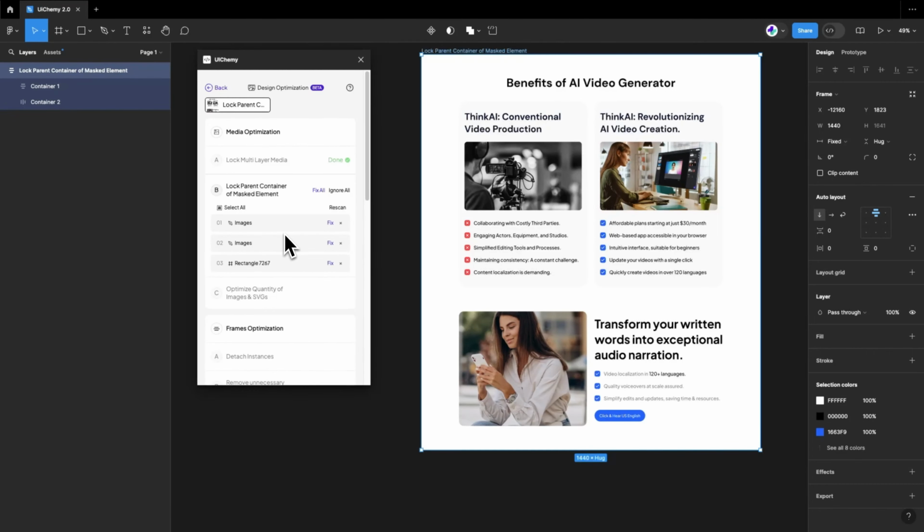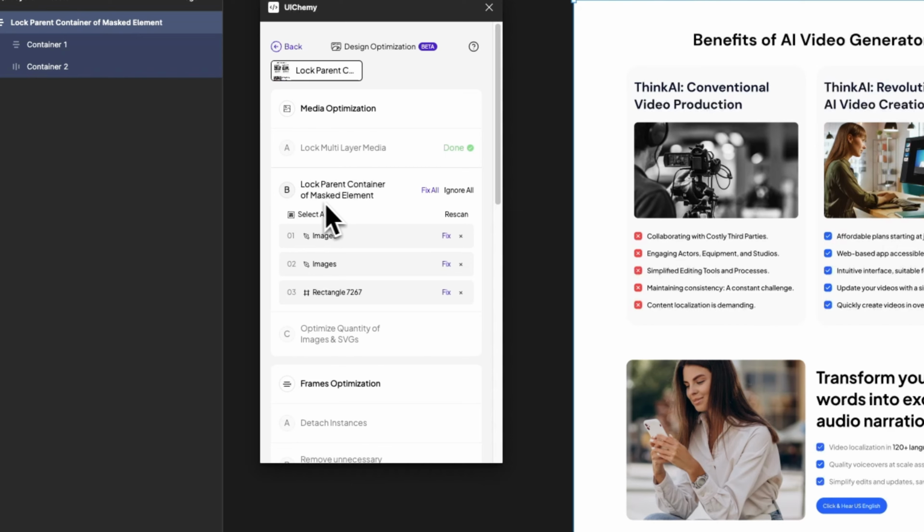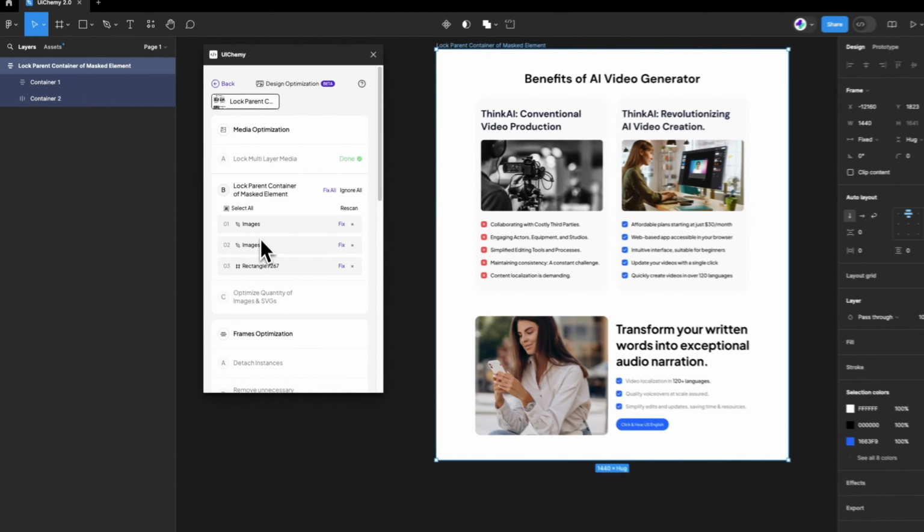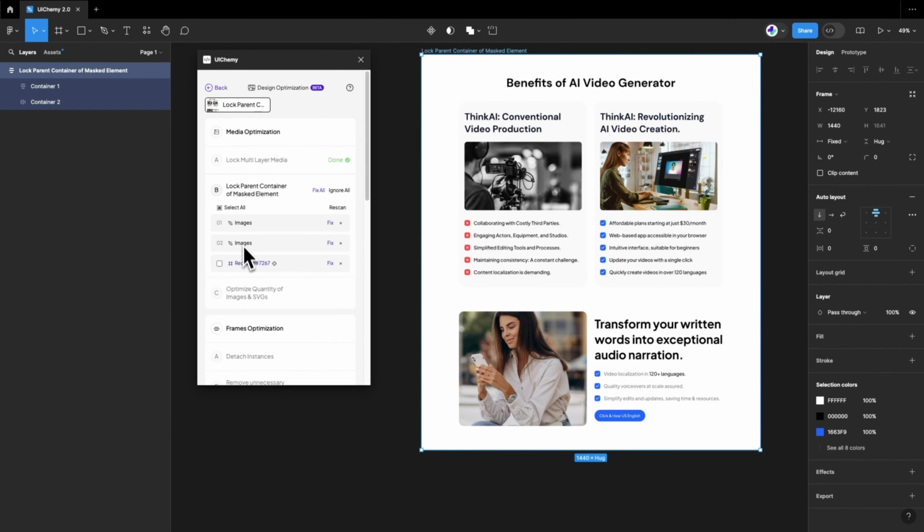Hello everyone! In the media optimization phase, we're currently at the lock parent container of masked element step. In this step, the plugin shows a list of child elements that have a mask applied. If you are using masking for creative images, you can lock the mask group or frame and import them as